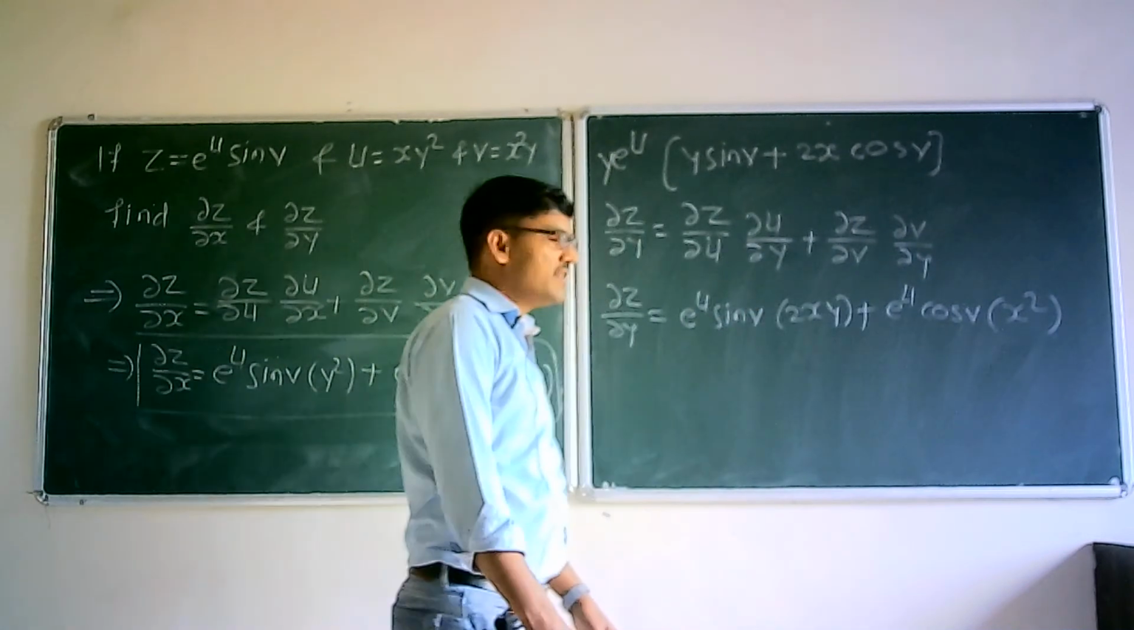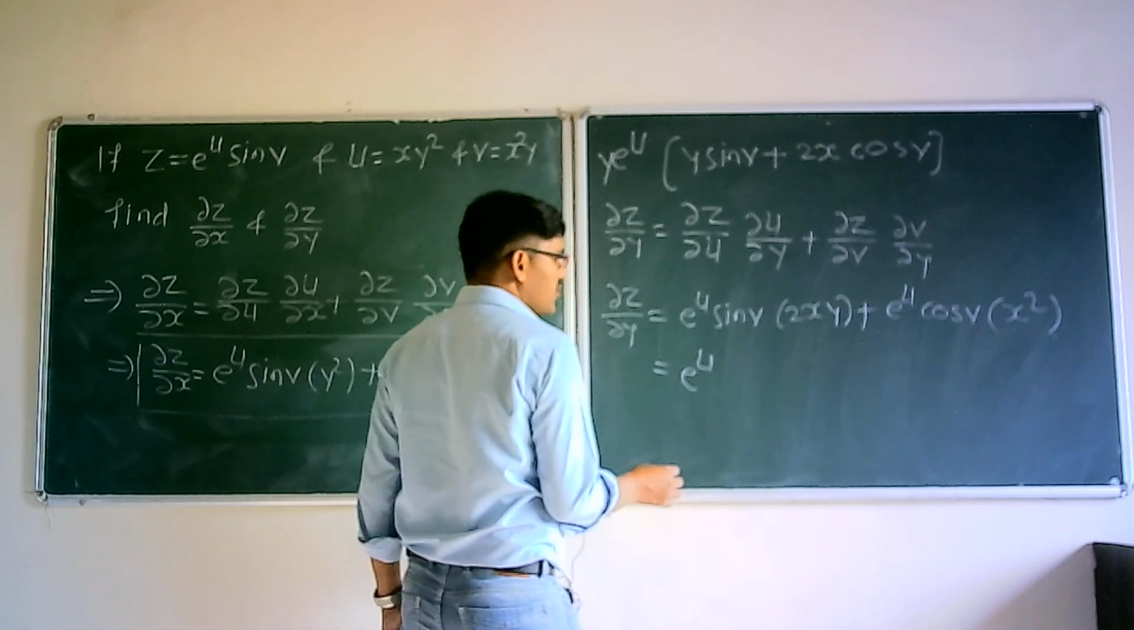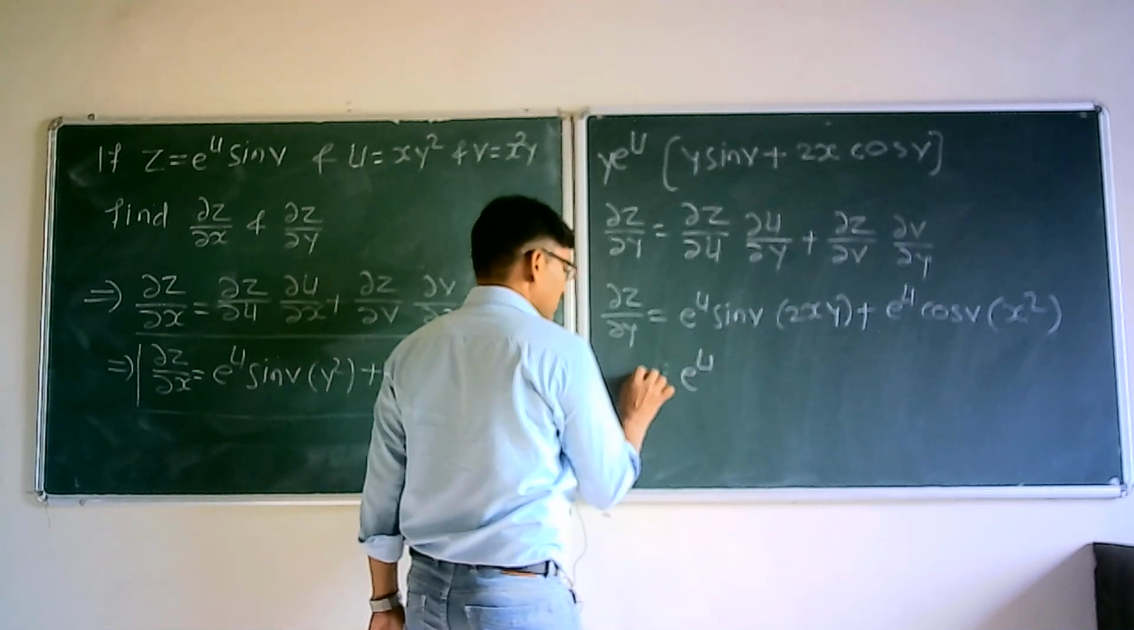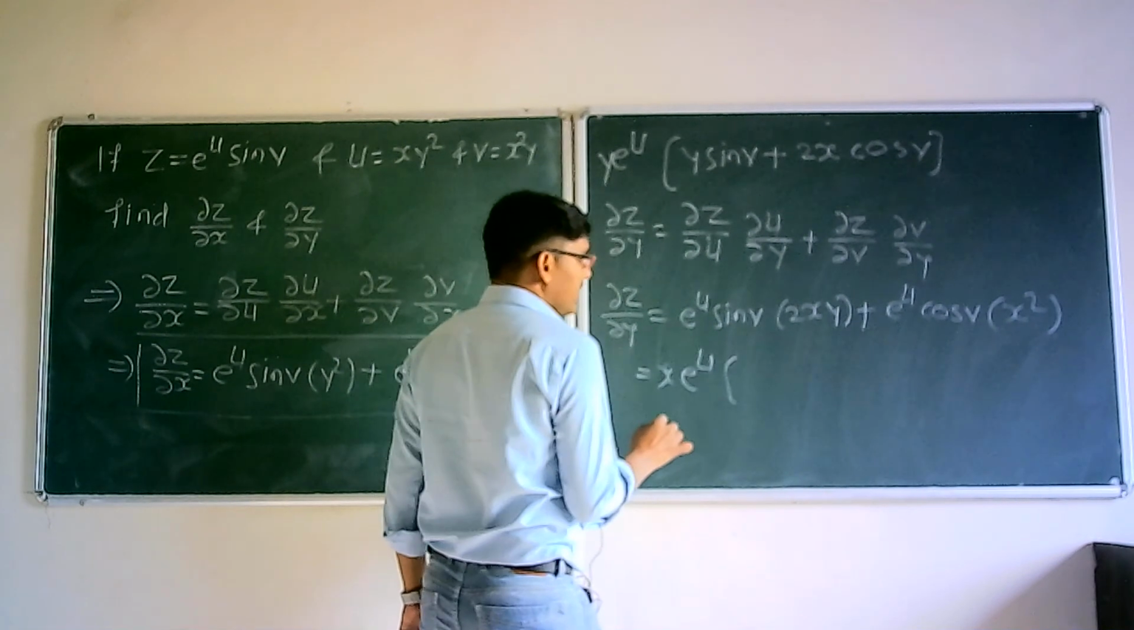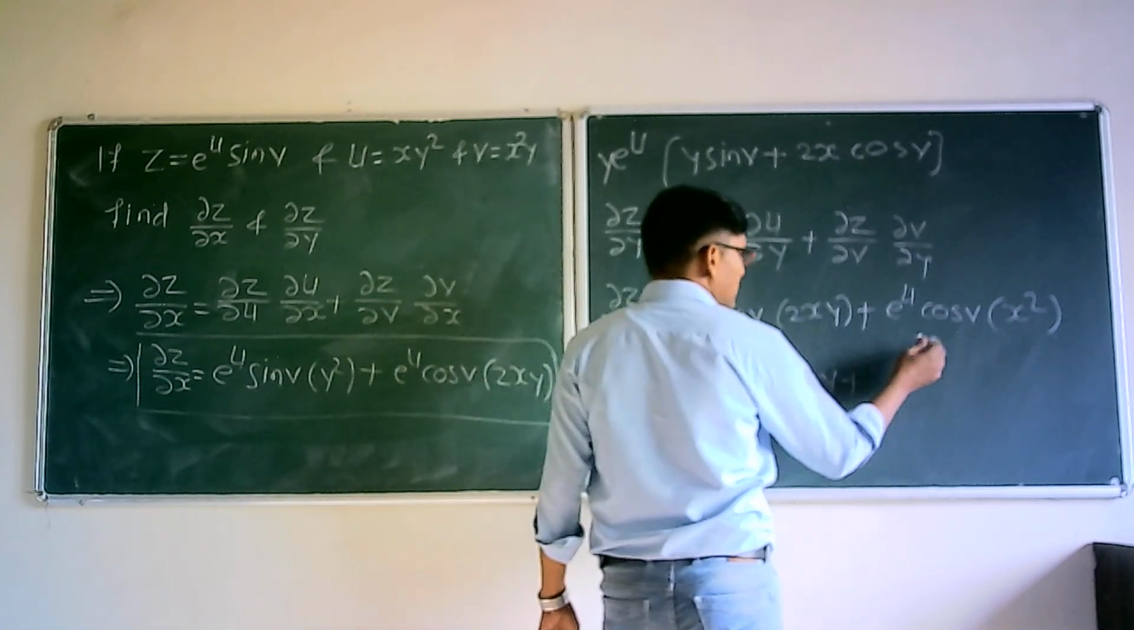So if you simplify this, how to simplify? There is this common term e raised to u and x. So if you take it outside, then what is left? 2y sin v plus, if you take x